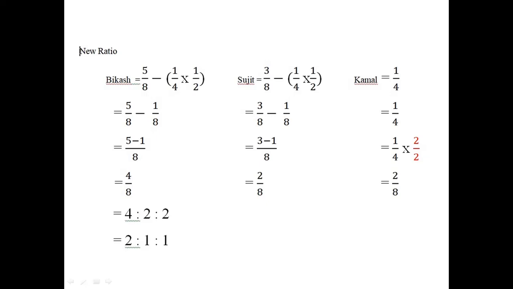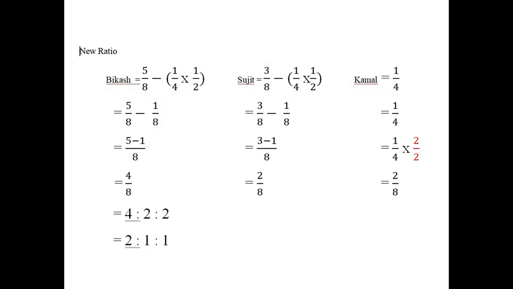Okay, students, in this video, we will see the solution of question number 62. There is a small adjustment regarding this new profit sharing ratio. You can see here that Kamal is admitted into the firm for one-fourth share in the profits to be contributed equally by Vikas and Sujit. So, Kamal is a new partner, isn't it?